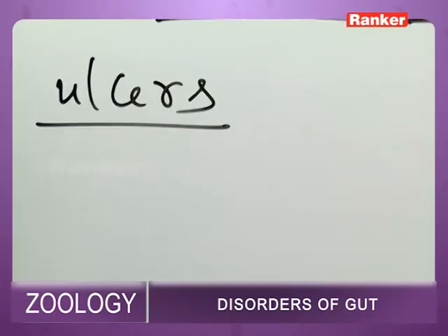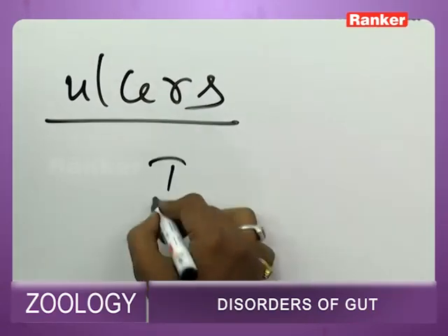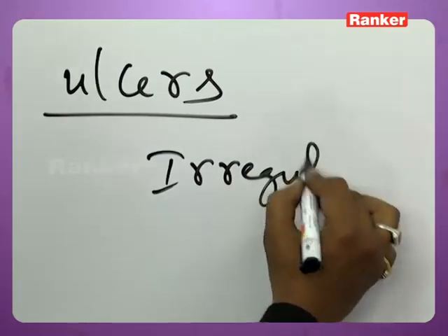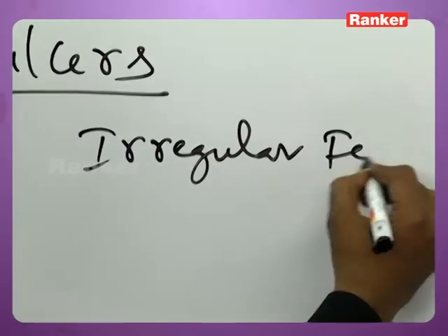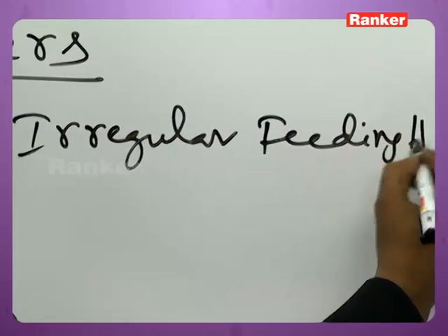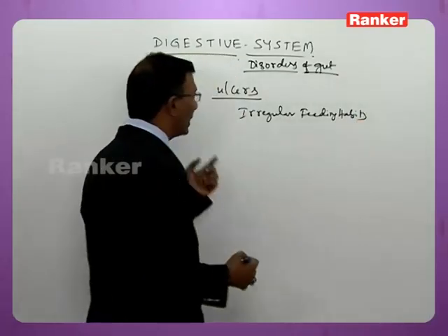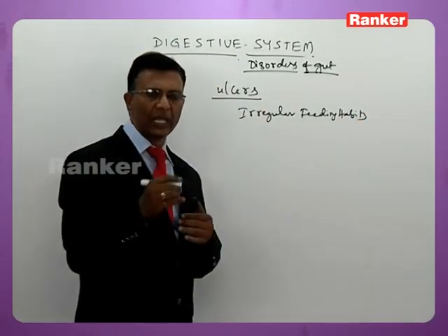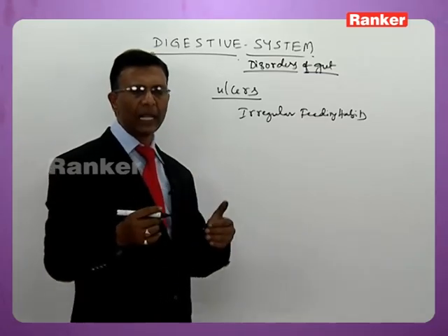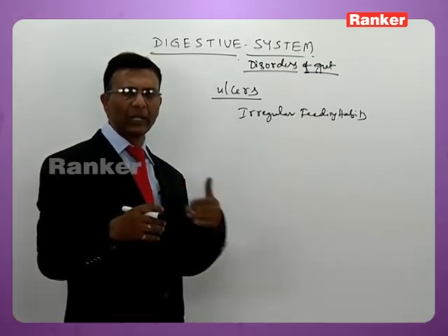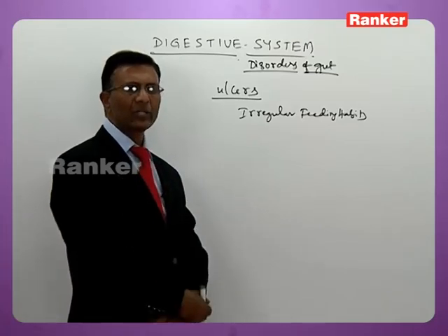Ulcers are caused because of several factors. Because of irregular feeding habits, ulcers may crop up. If we keep on changing the feeding timings, like at a particular time you take food at 12 o'clock, the next day 12:50, keep on changing the timings of your food,